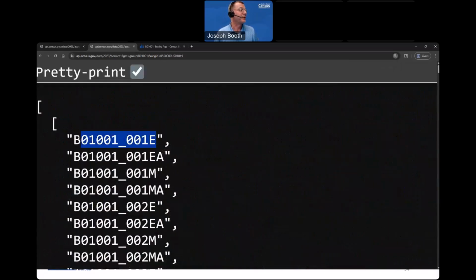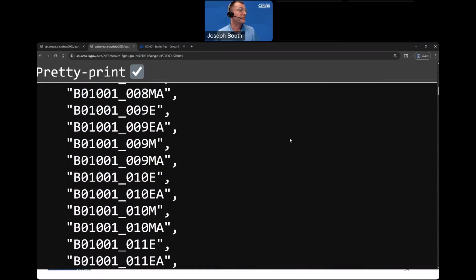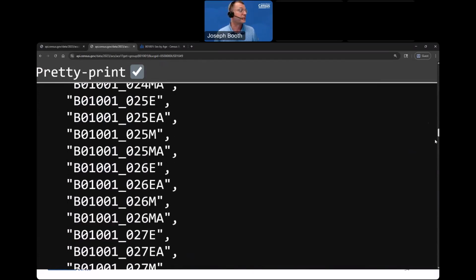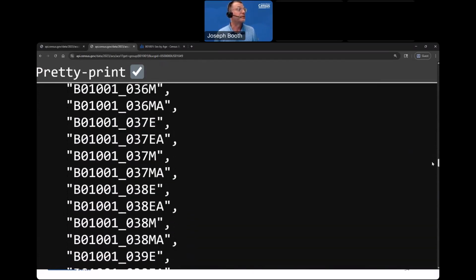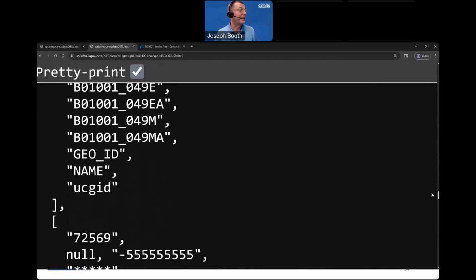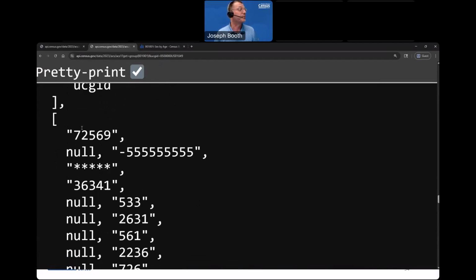And here's the variable we've been looking at, B01001. So the first part of the call, you've got all of the variable names, which can be quite cryptic, of course, but we have a way to decode those now using descriptive equals true. And then we see the first value here is the variable we've been looking at.